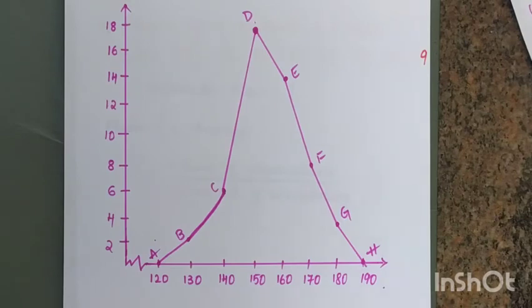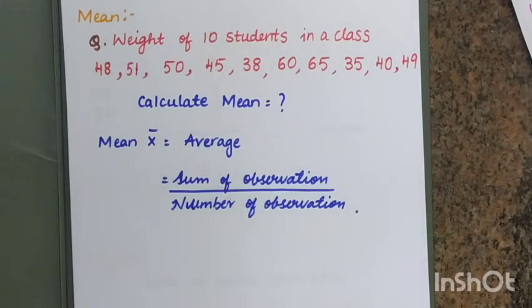So while drawing the graph, how do we draw? We write from 0, but none of the students scored below 100, so there is no use of writing the values from 0 to 100. Hence we represent this symbol instead. In a bar graph and histogram we draw bars, but here we represent it with dots and we join all the dots at the end. This way we draw a frequency polygon. So by this we end up with the data presentation.